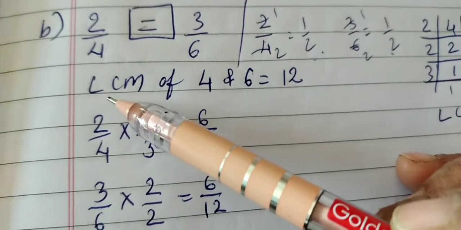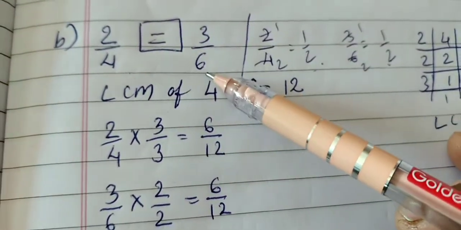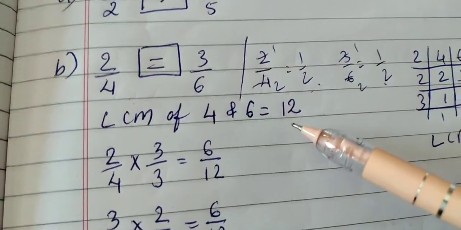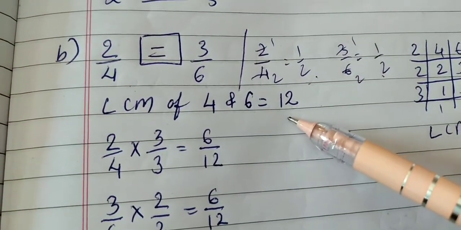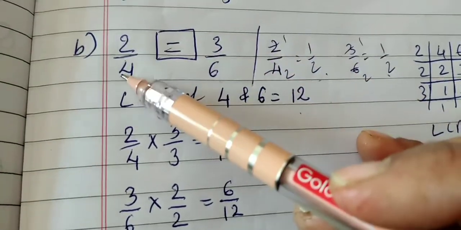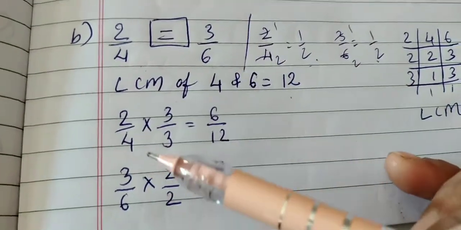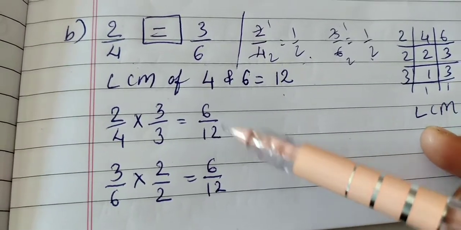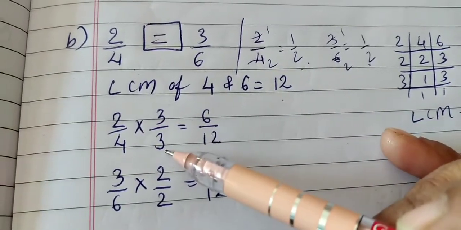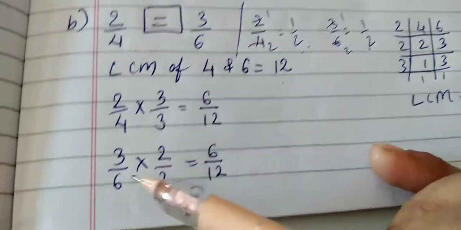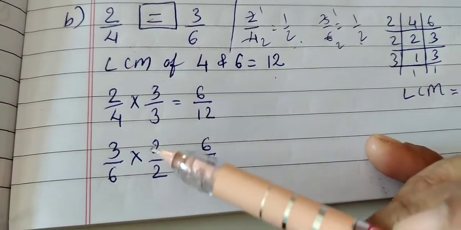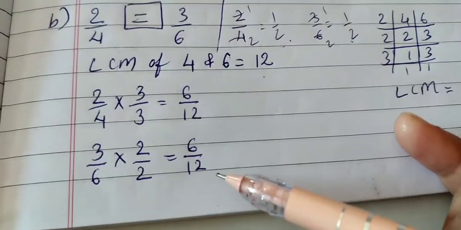over here. LCM of 4 and 6, you get 12. Calculate the LCM like this, you get 12. And then when you get LCM 12, least common multiple 12, then you make the denominators of both the fraction numbers to 12, convert it to 12. So 3 multiply with 2 by 4, you get 6 upon 12, and here with 6 when you multiply 2, you get 12. So 2 by 2 when you multiply, you get 6 by 12.